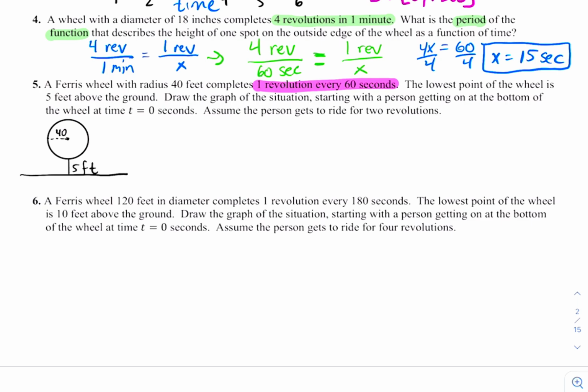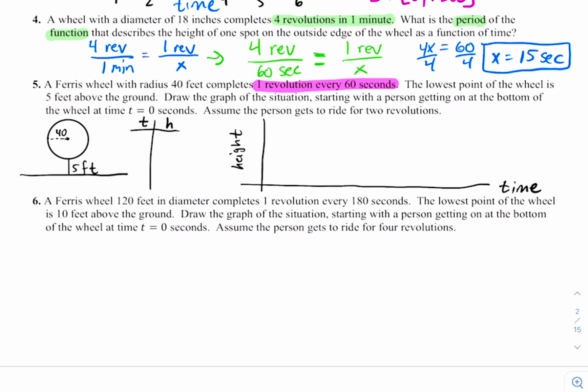And we are supposed to come up with a graph of what's happening. So remember, time needs to be along our horizontal, and then our height is going to be along our vertical. Okay. So I'm going to make a T-chart here to help me figure out our time and our height. Okay. So as I'm looking at this,